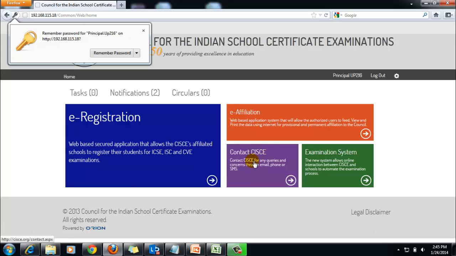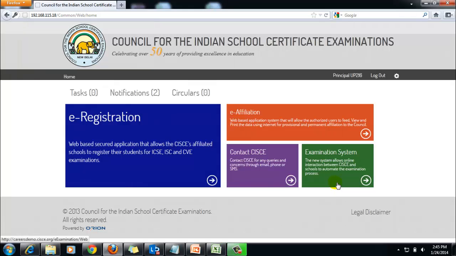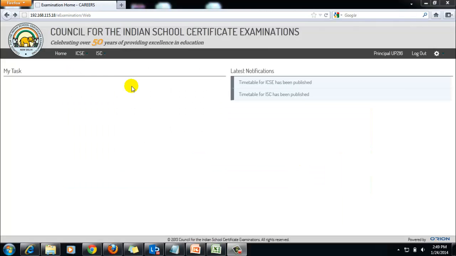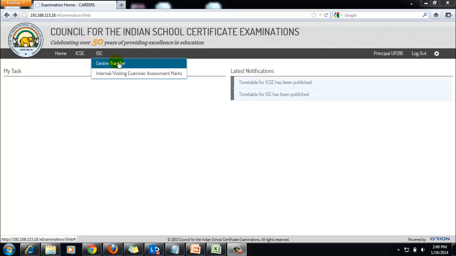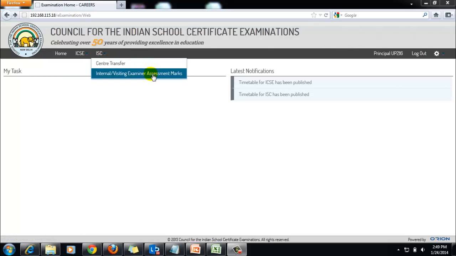After logging in, click on the examination system tile. Move the mouse over the ISC tab in the top menu bar. This will display the internal or visiting examiner assessment marks link. Click on this link.